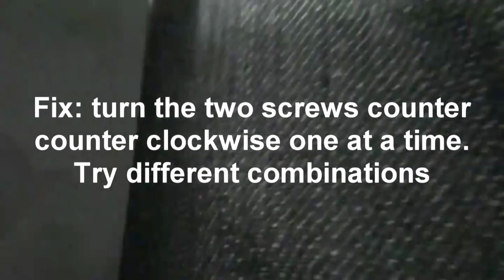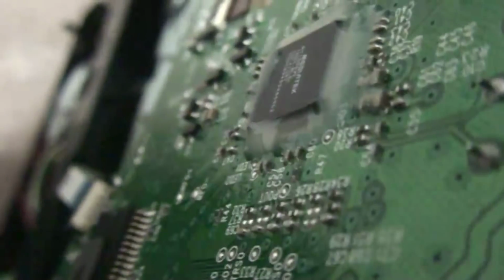Wait, I need a pointer. Okay, so I'm going to use this cotton swab. Never mind, I'll use this. Okay, I have to find it. So, your problem might be